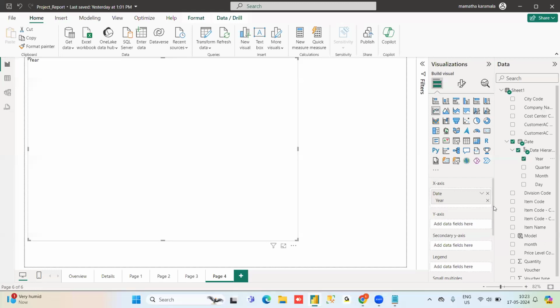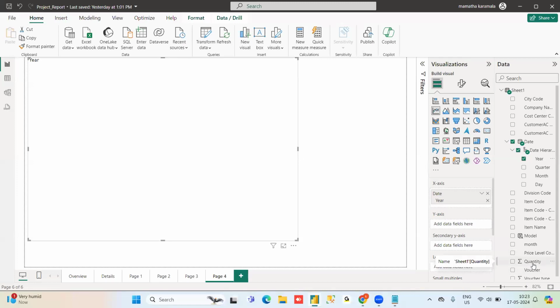But coming to the requirement, it may change. So on the x-axis I have taken year wise, and on the y-axis I want to take the fact data or numerical value.